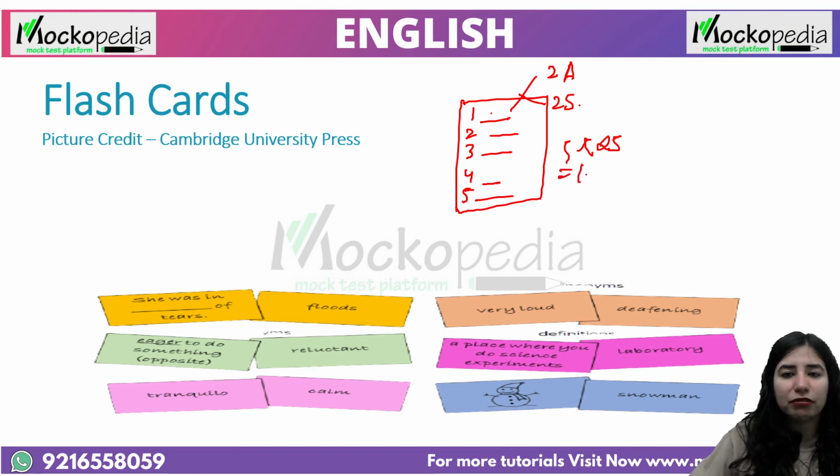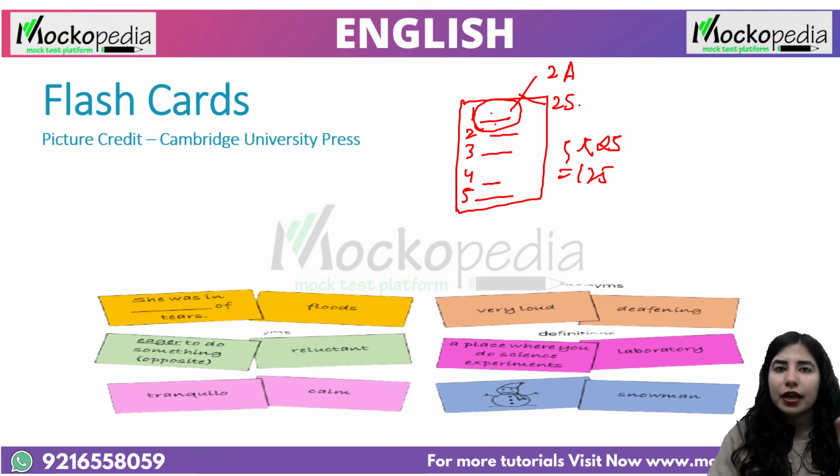How many words do you have? 125. Keep on revising these 125 words the entire week. Right? You're never going to forget. And if possible, use the main word in a sentence on the opposite side of it. So when you turn the card, use the main word in a sentence so that your discussion happens over that particular word and you're able to relate it.